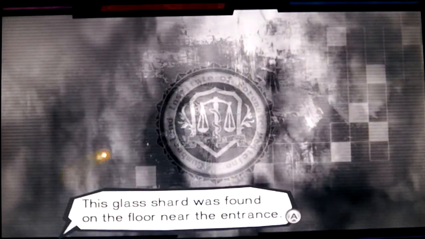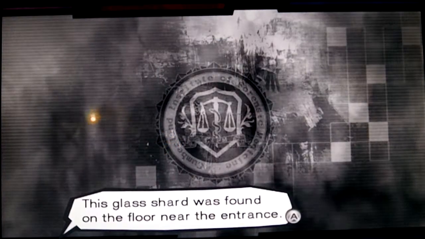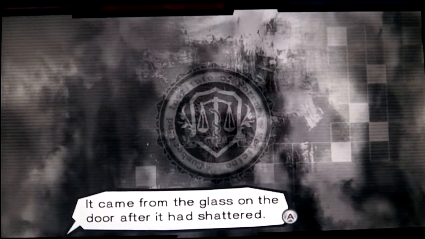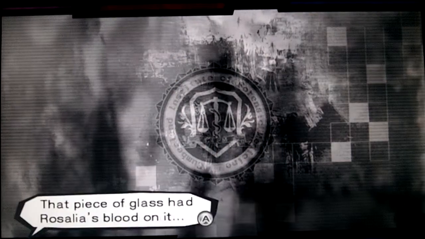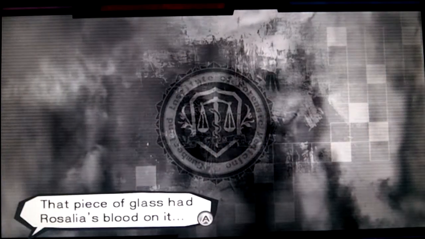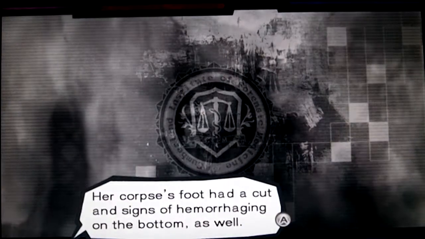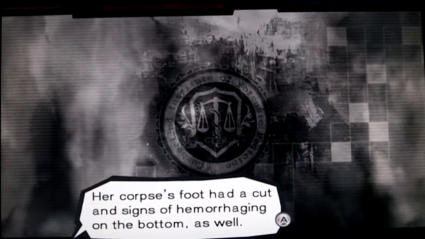The foot shard was found on the floor. Running through the glass. It came from the glass on the door after it had shattered. That piece of glass had Rosalia's blood on it. Her corpse's foot had a cut and signs of hemorrhaging on the bottom as well. This most likely means that